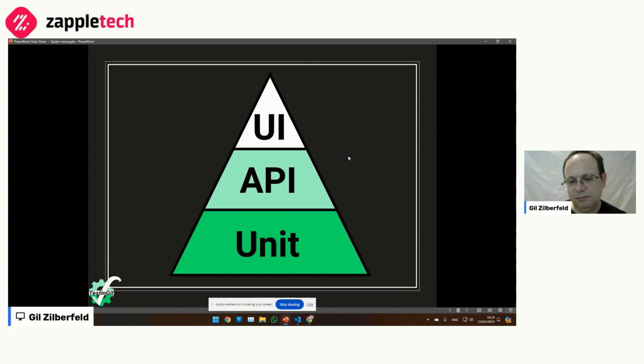And one more thing about the UI part. We kind of think about UI as an end-to-end thing, but it doesn't really have to be. It can be end-to-end, or it can be front-end to back-end to a mock service, or a mock database.